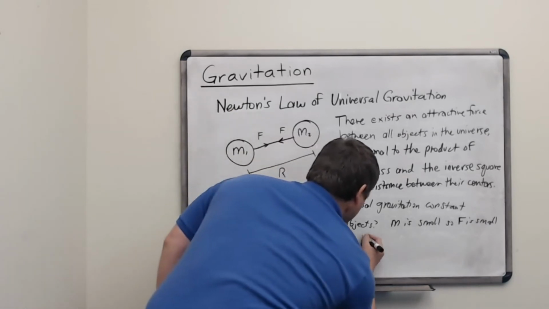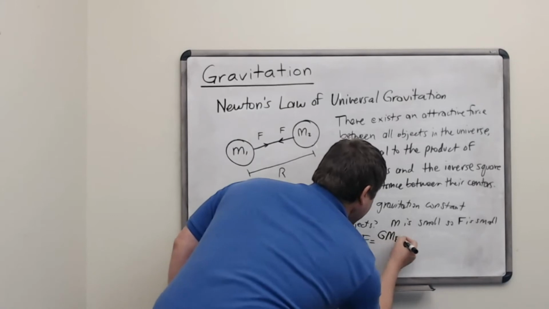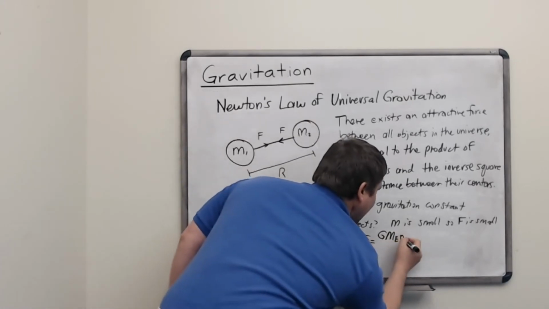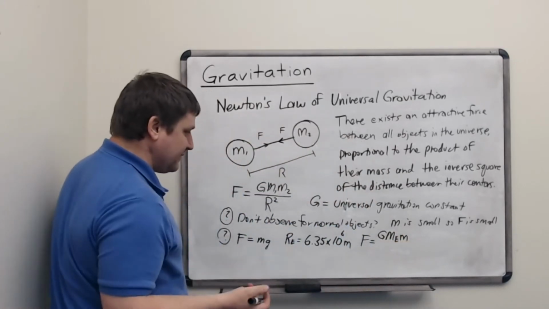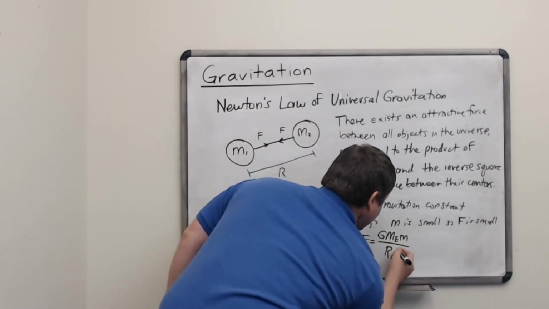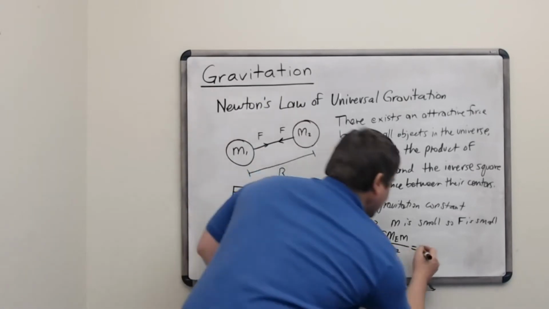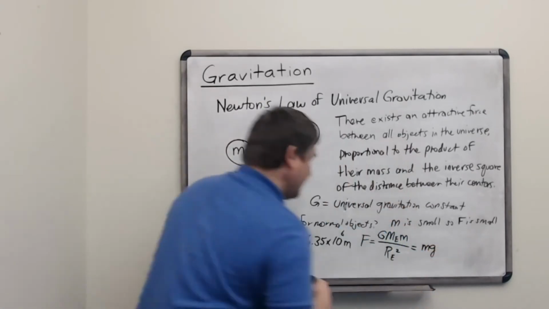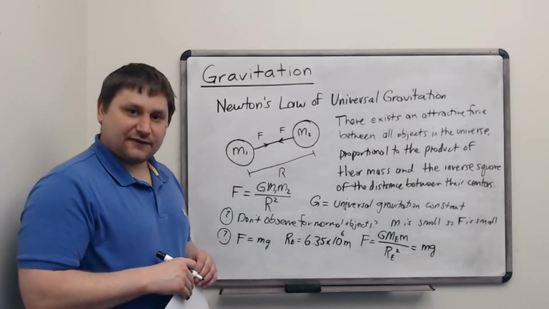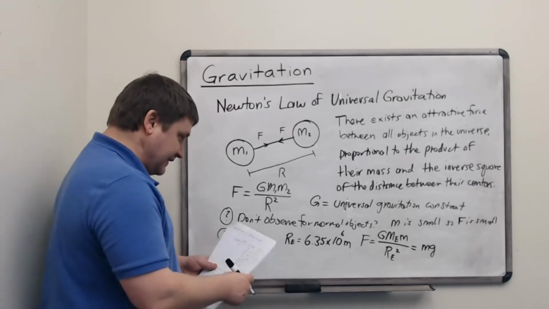Therefore, our force would be predicted to be equal to G times the mass of the Earth, since that's one of the objects, times our mass, or the mass of the moving object, since that's the other object, divided by the radius of the Earth squared. Of course, this must end up being equal to mg if it's to be consistent, and therefore we can tell from this that since